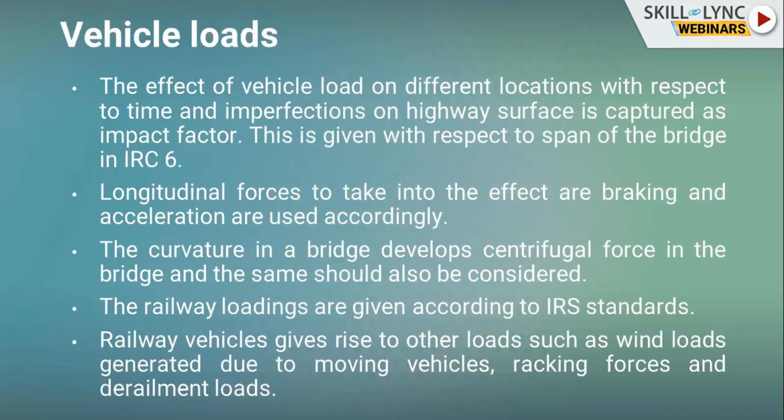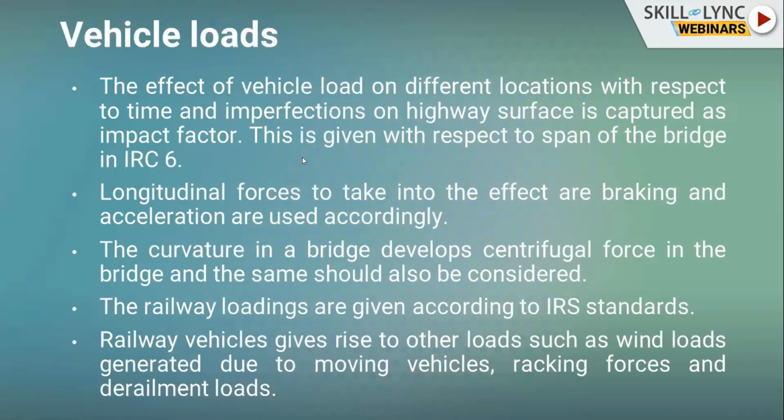This happens due to the irregularities on the surface of the bridge, and also due to the location of the vehicle, which varies over the bridge. At one point, a deflection occurs due to the loading of the vehicle at a particular point in the bridge. But when it moves to the next location, the same deflection remains, even though the vehicle has moved to the next point. So instead of having only the force for a vehicle at a particular location, you might have the effect of the previous deflection incurred in it. So this happens with the impact factor or dynamic amplification, as it is mentioned in other codes.